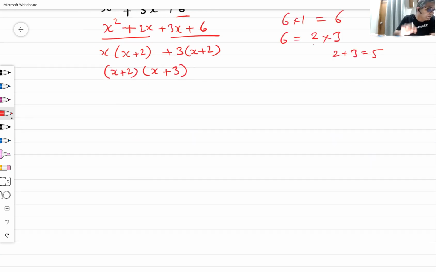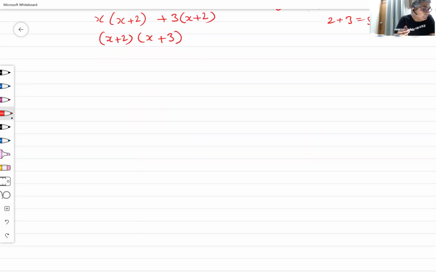Okay, next. x square minus 7x plus 12. How to handle this? Now, before all of you jump into it, there is a slight change in the question. Till now, we were getting all plus, but here now it is minus. But the process doesn't change. We will have to make some slight arrangements, right?